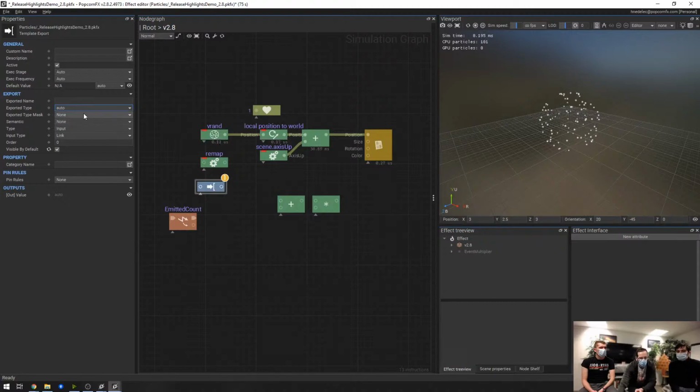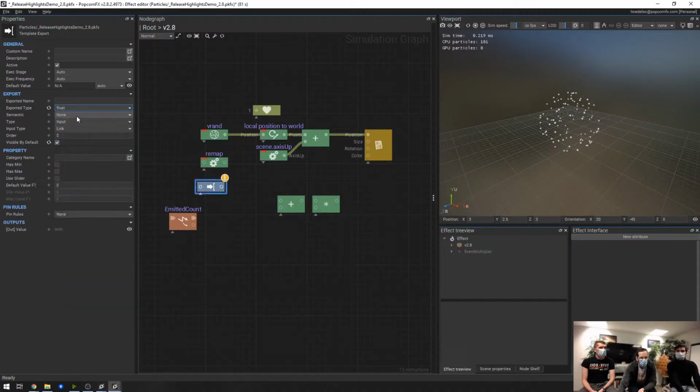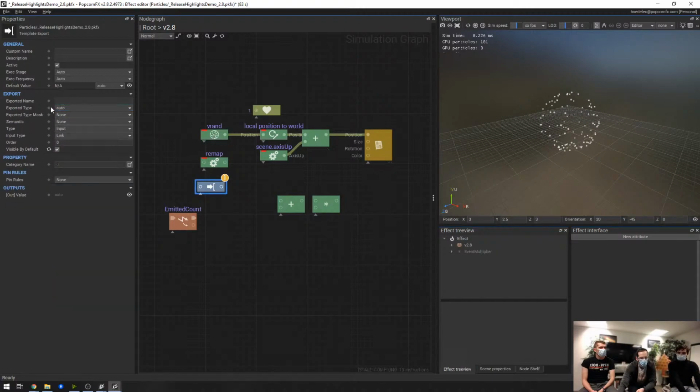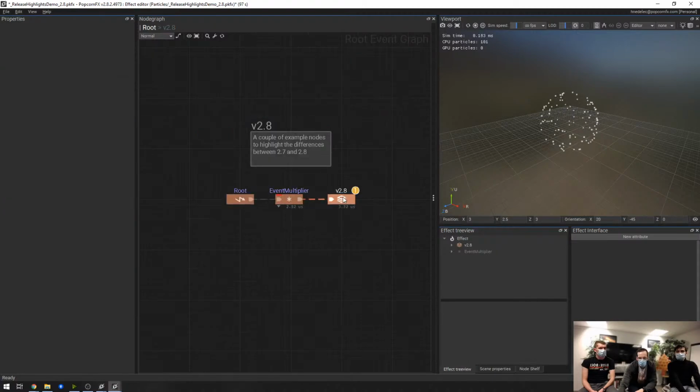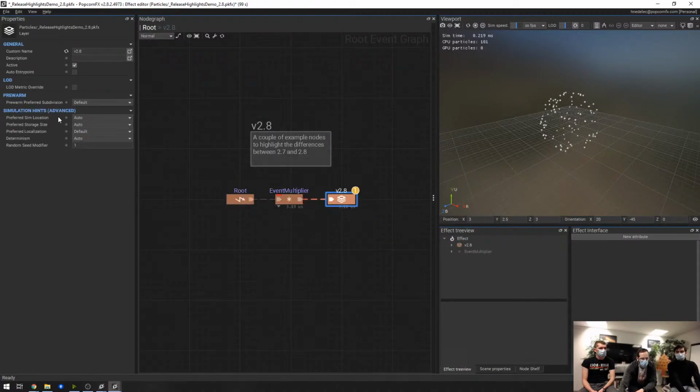This doesn't change, but in 2.8 you also have the exported type mask. Whenever you pick anything other than auto, you don't see it, but when you're in auto mode, you can then specify explicitly which types you want your template to accept, and it will only accept those types. So when you go back and select your template or your layer,